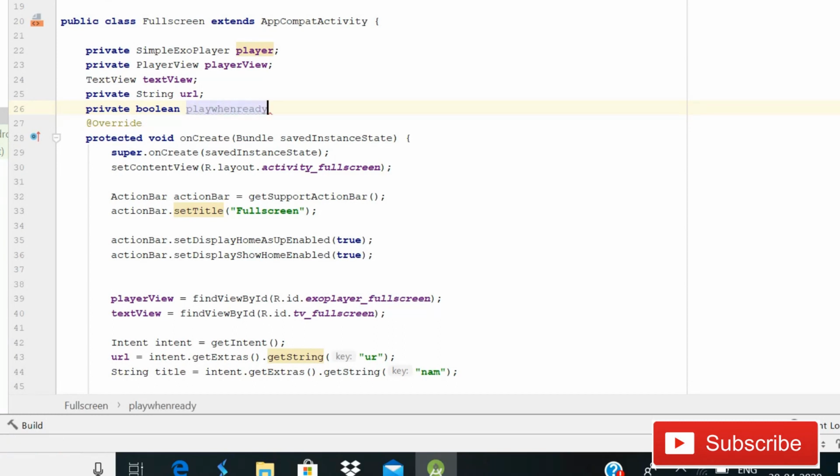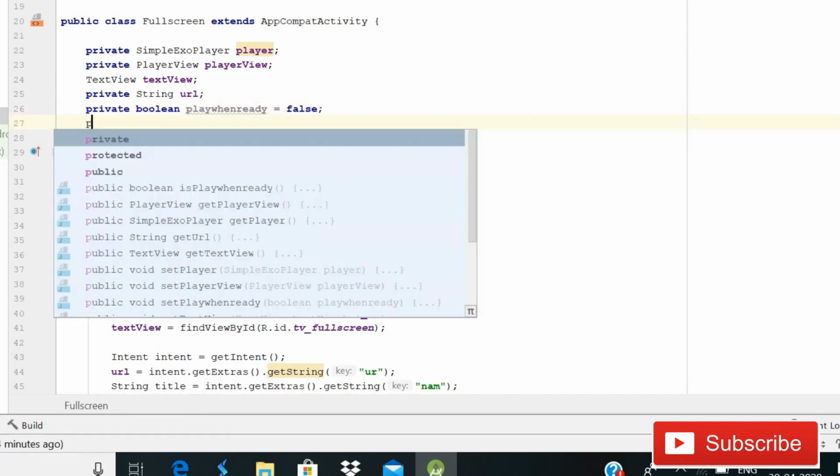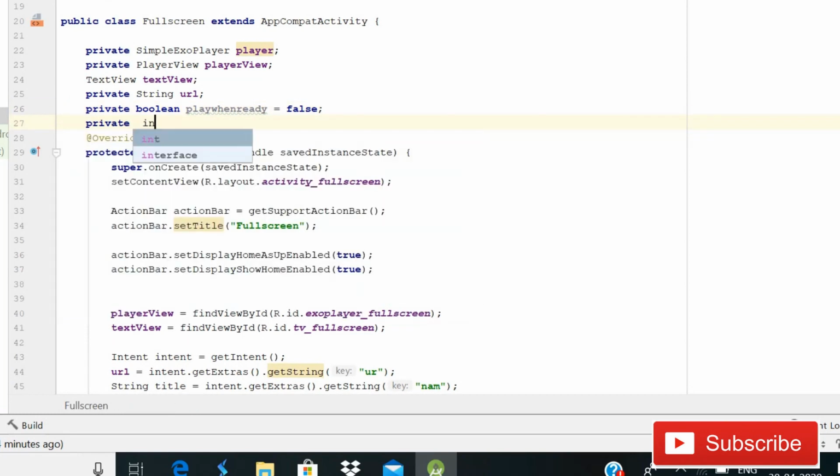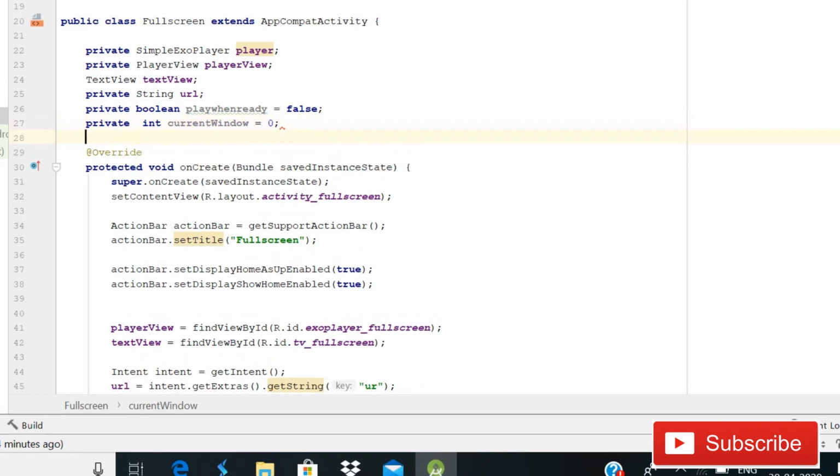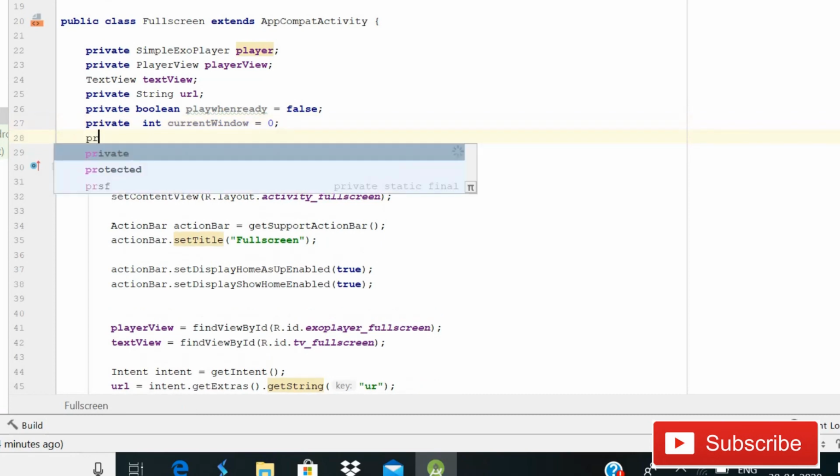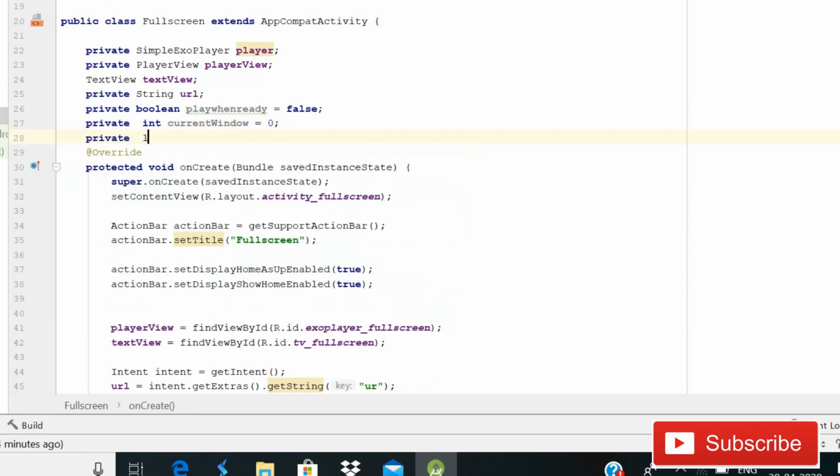What it will do is simply help our video with playing and pausing. So simply write after this private integer current window, because we will need it for controlling our videos. So write current window, it will be 0, then private long, and it will be